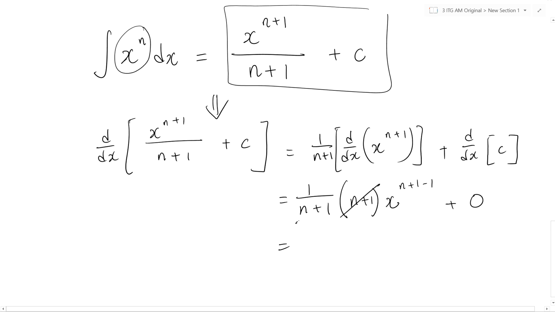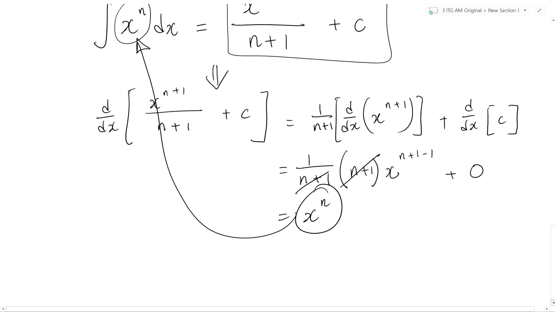So here we get to cancel, and our result will be x to the power of n, which is exactly what we were trying to integrate in the first place. Okay, so